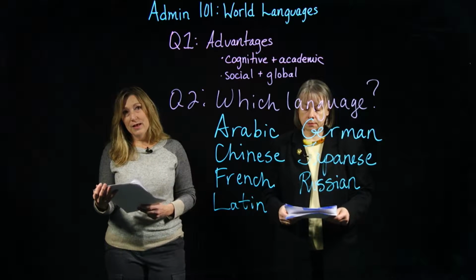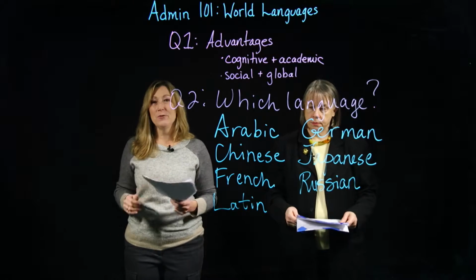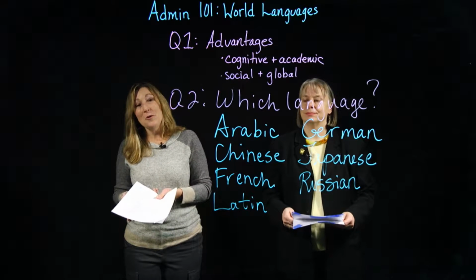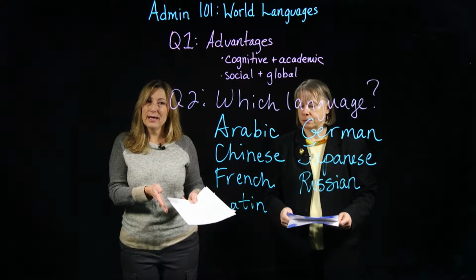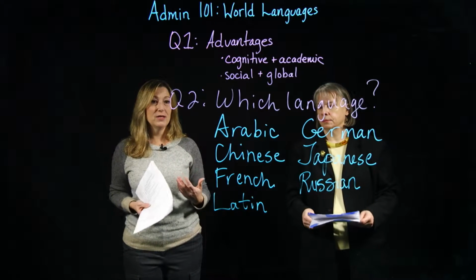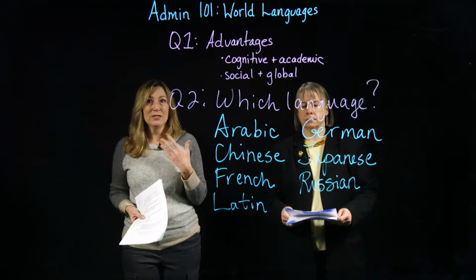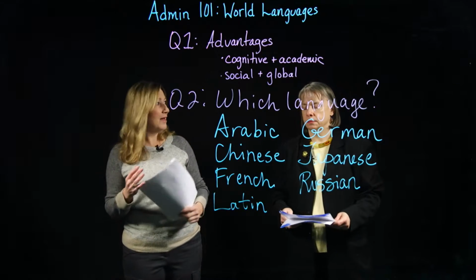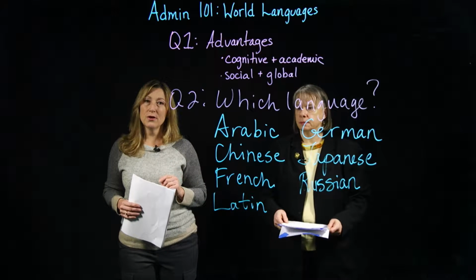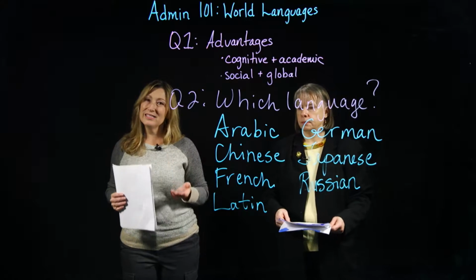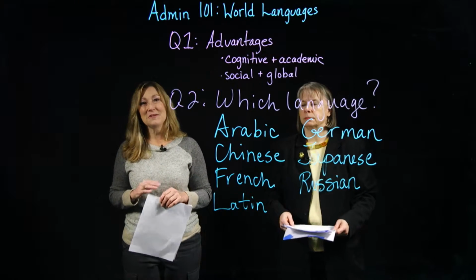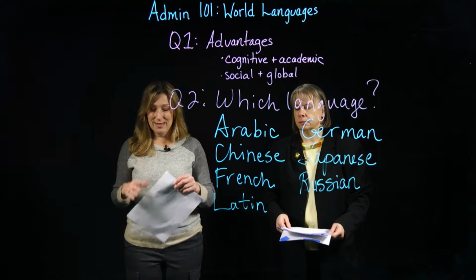Now, next, the last component on choosing which language: do consider the students' interest. You'll be amazed what you as an adult think and what a high schooler wants to take. It's two different things. You might not be thinking of Arabic, but you're going to have kids around you who see things on the news and they're like, I want to speak Arabic. I want to work for the FBI someday, and that's a critical language for our country. So do keep in mind what the students' interests are, because I bet you'll be shocked it's not coinciding with yours. And they're the people that have to study it. They're the ones who are going to continue with the language, so they've got to want to take that language.